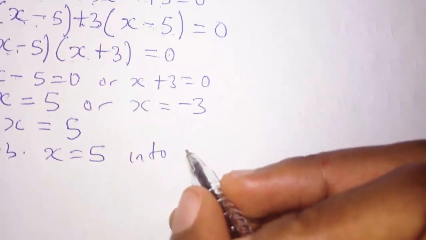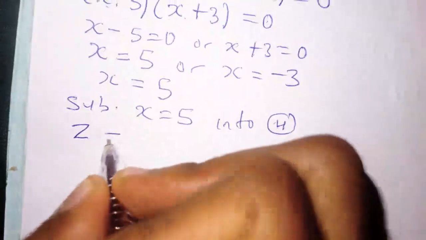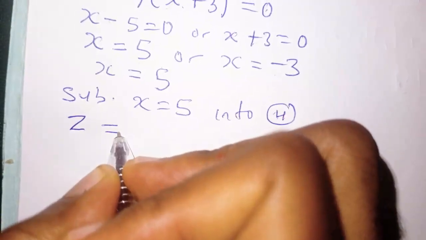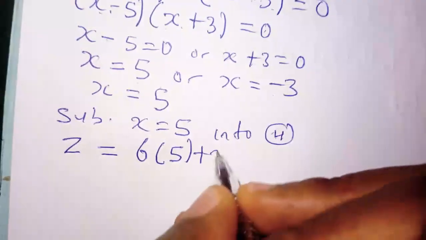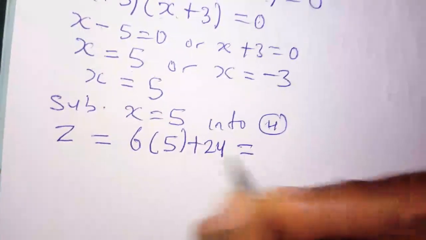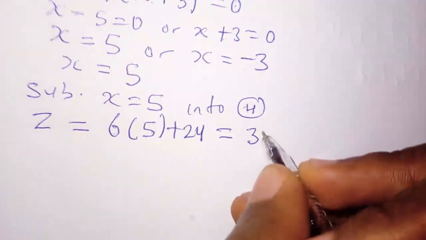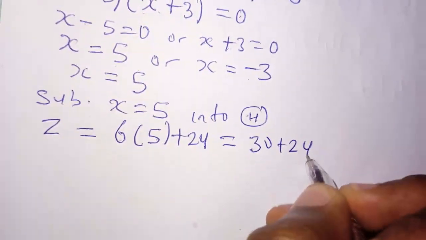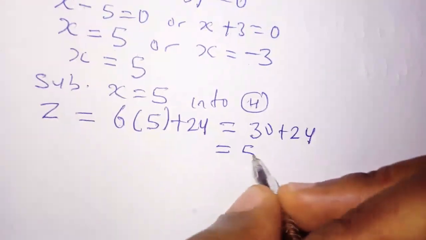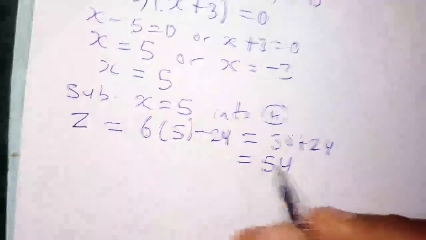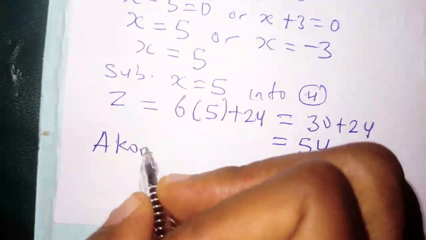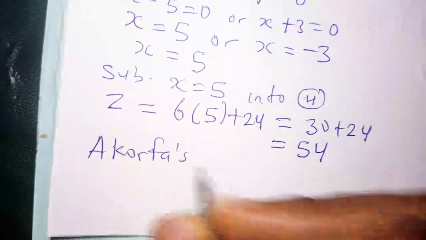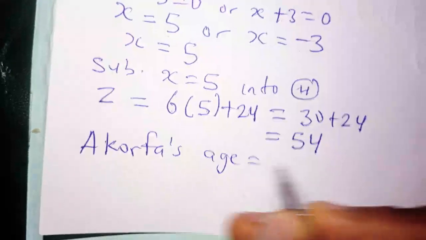So z is going to be equal to 6 into brackets 5 plus 24, which is 6 times 5, 30, plus 24. And that's going to be equal to 54. Therefore, z is 54, and that means Akufa's age, as we were told to find in the question, is 54